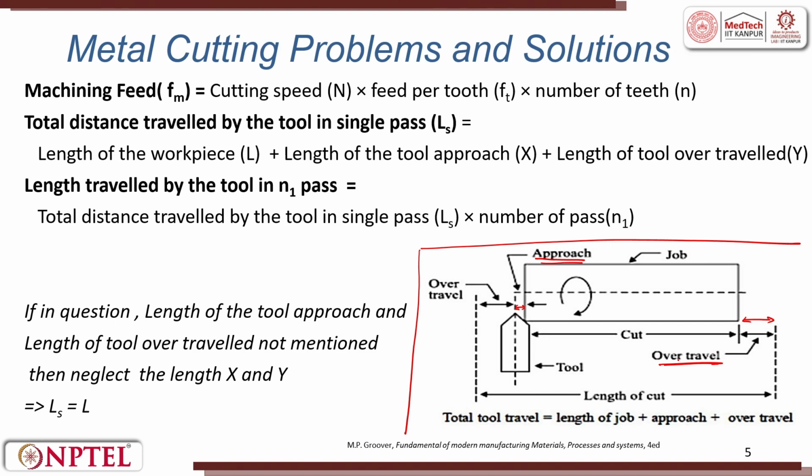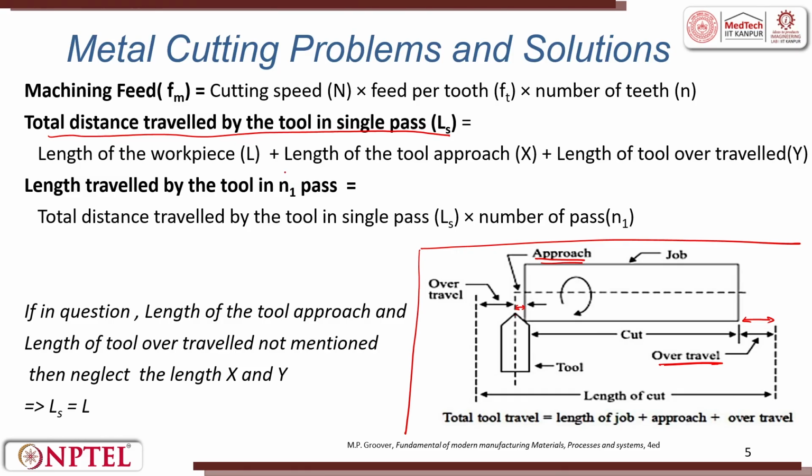Then the total distance travelled by the tool, that is the length of a single pass. In a single pass, there is the workpiece, and the tool has to approach it. This approach length plus workpiece length plus over travel length becomes my total length of pass. This is the length of workpiece L plus the total approach, that is X, plus the length of over travel, that is